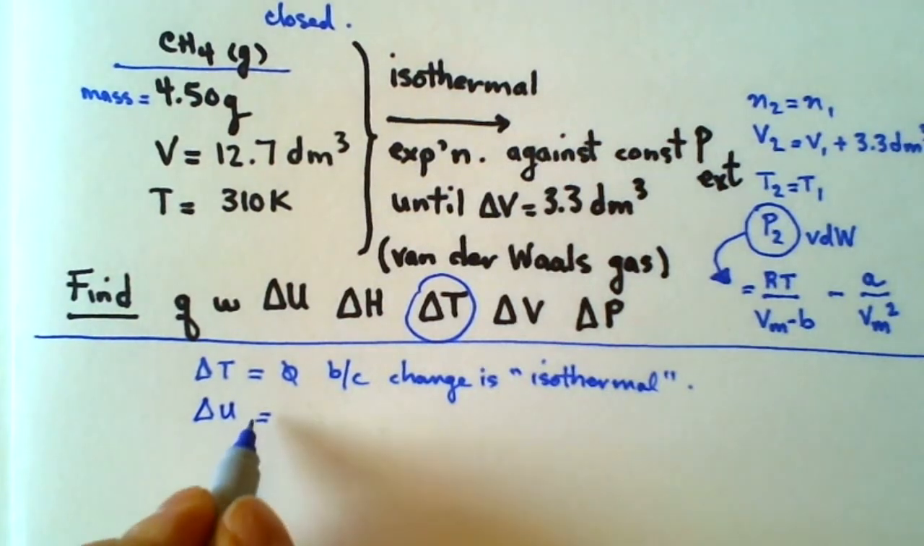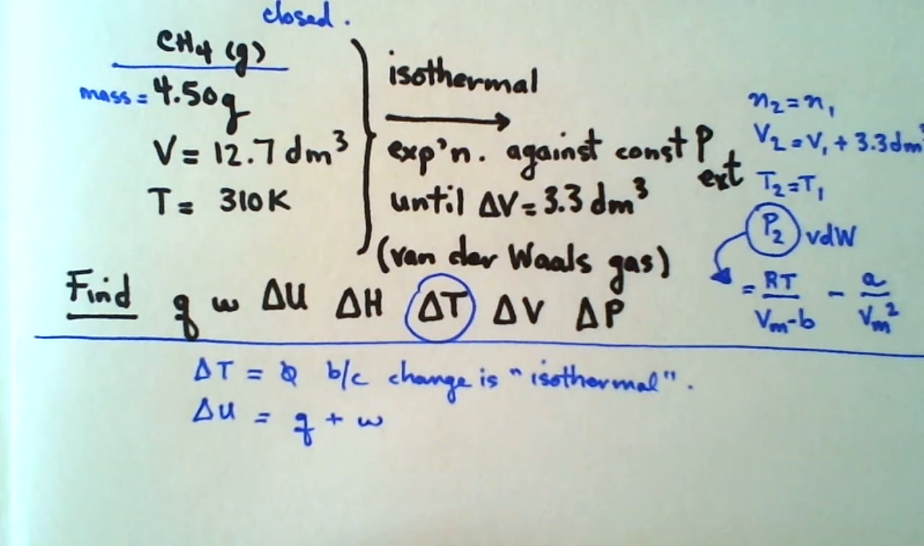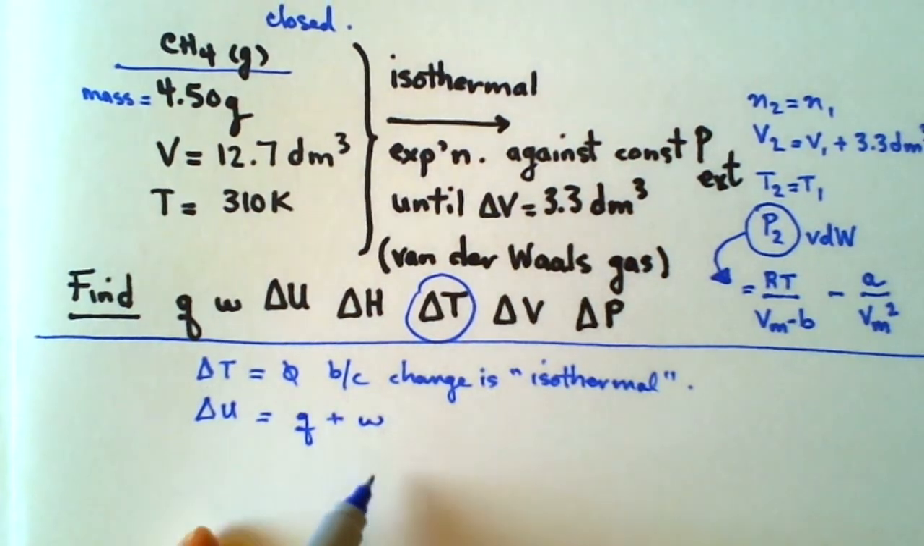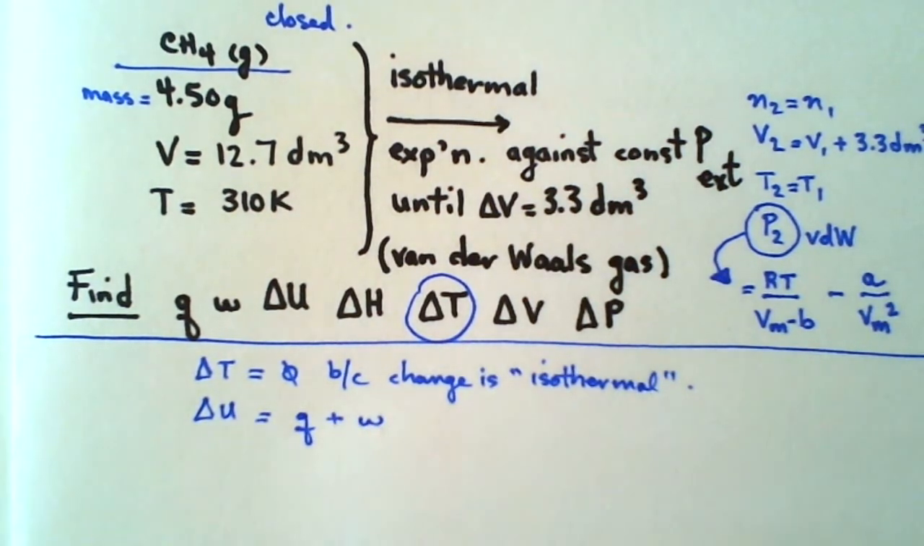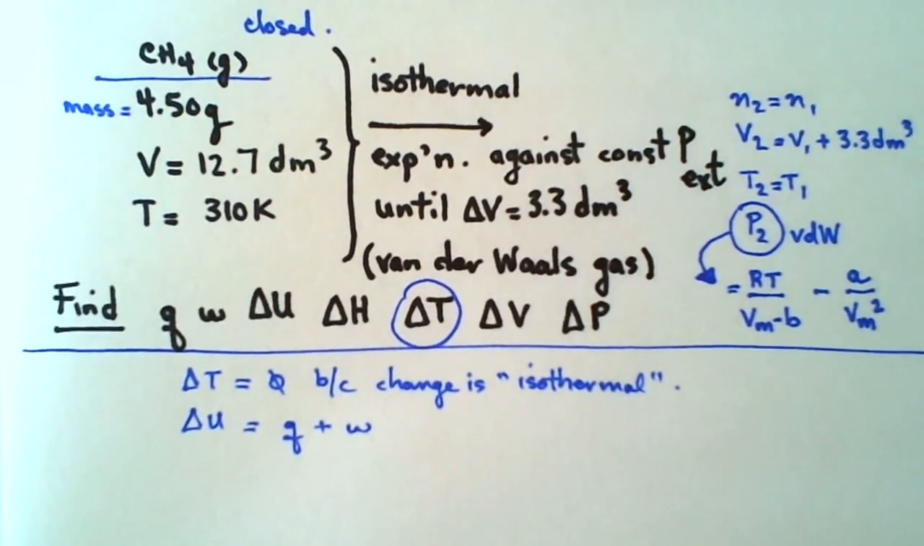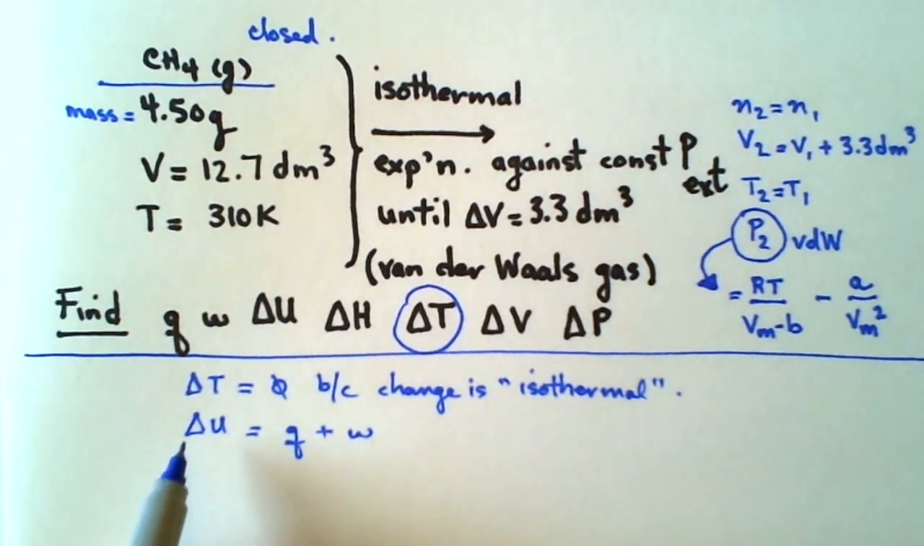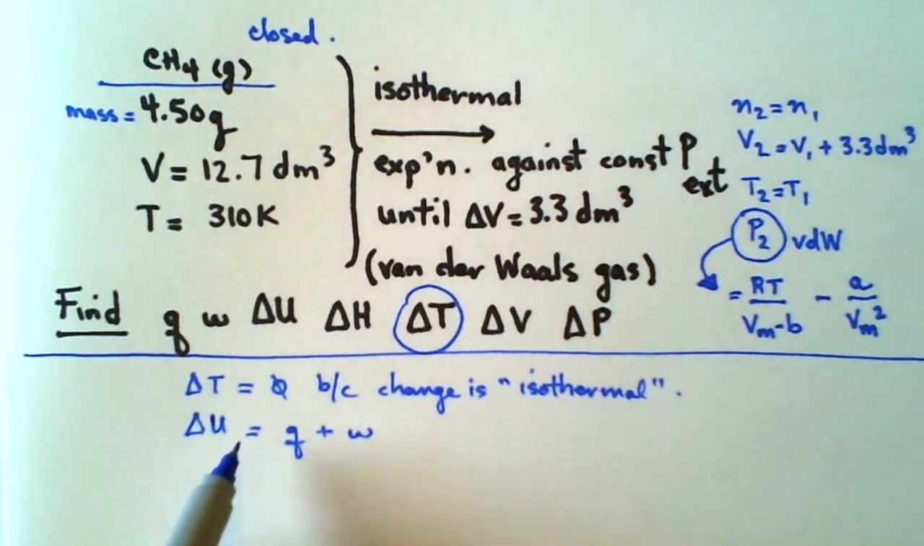And delta U is not equal to 0. It's still equal to the sum of the heat and the work. So there should be some work because it's expansion. And again, just to compare with what is a more frequent scenario we're given, if this was a perfect gas